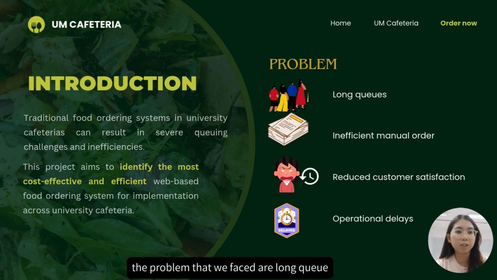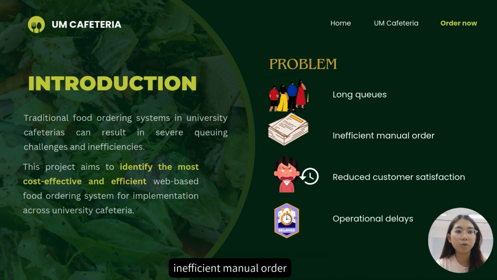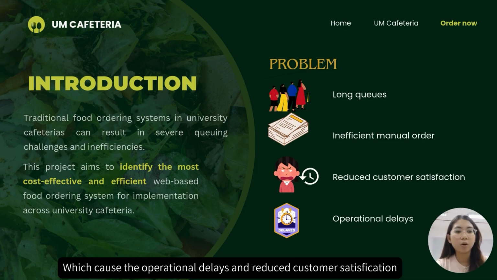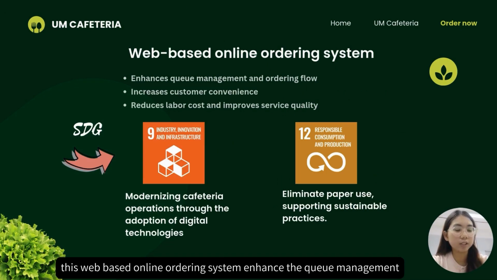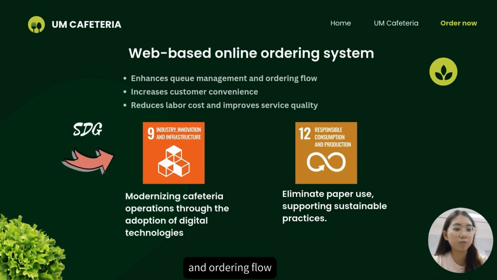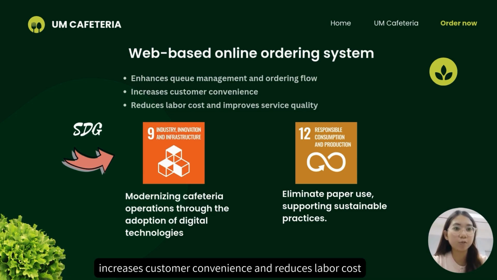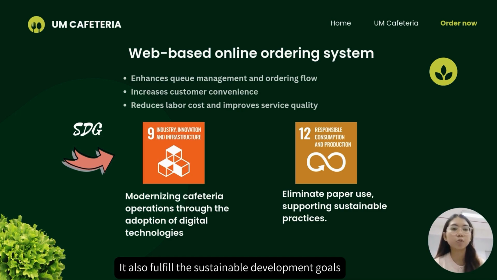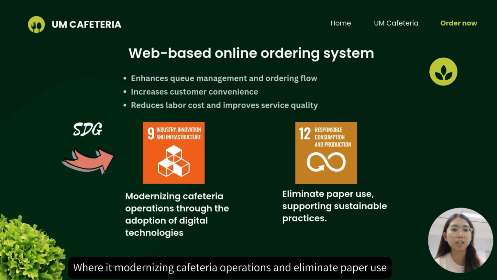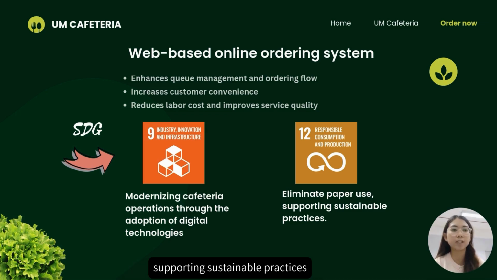The problems that we face are long queues and inefficient manual orders, which cause operational delays and reduce customer satisfaction. This web-based online ordering system enhances queue management and ordering flow, increases customer convenience, reduces labor cost, and improves service quality. It also fulfills the sustainable development goals by modernizing cafeteria operations and eliminating paper use, supporting sustainable